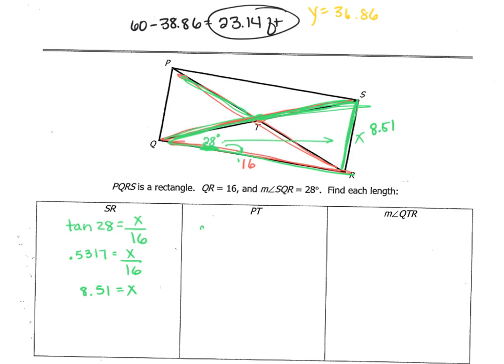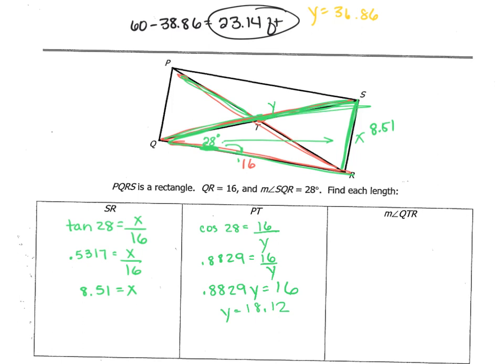So let's go ahead and do cosine of that angle, 28 degrees, is adjacent, which is 16, over that hypotenuse, which I'm going to call y. Cosine of 28 degrees is 0.8829 equals 16 over y. Multiply both sides by y, so 0.8829y equals 16, and then divide, so 16 divided by 0.8829 is